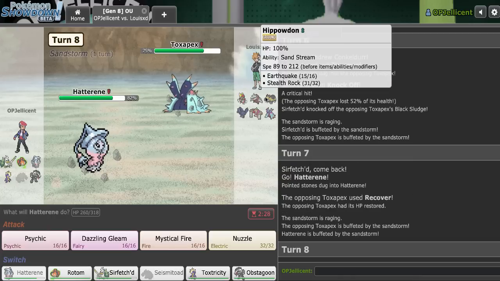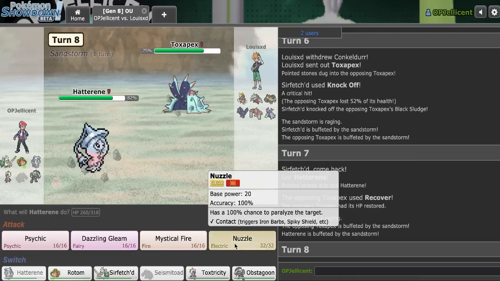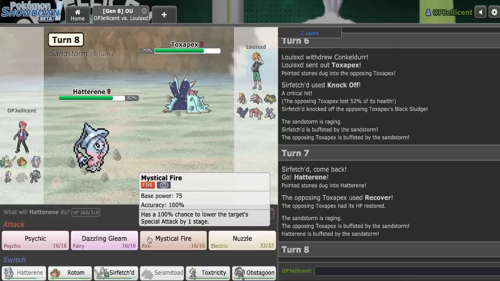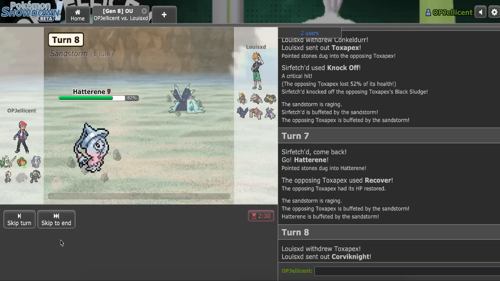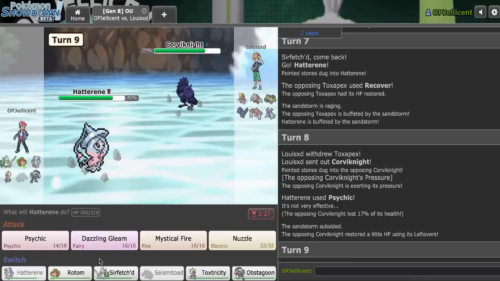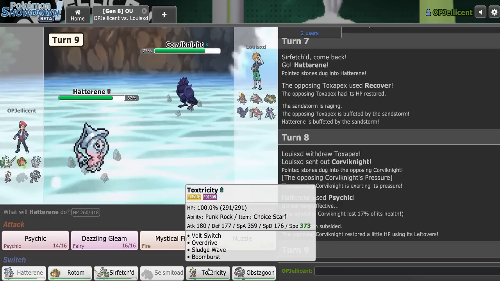Ends up going for Recover. I don't see a good Nuzzle resist. And I doubt you're going Hard Drill. Actually, they could go Hard Drill. Let's just Psychic. Yeah, I mean, I wanted to Nuzzle this, but I guess it doesn't really matter. What I can do here is bring in...